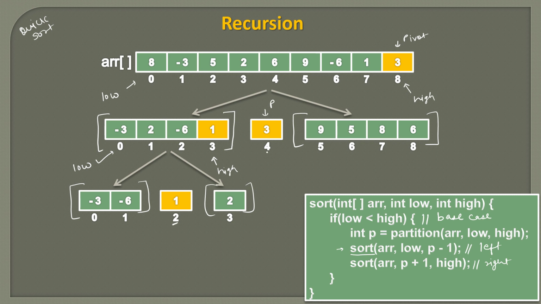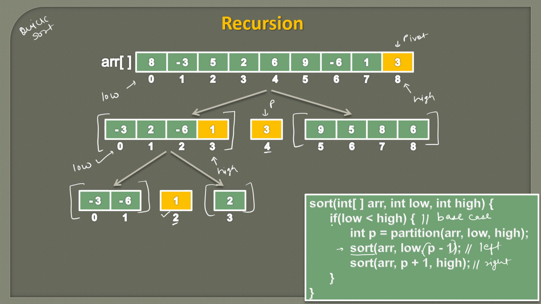Here in the first partition, index 4 was returned. So based on this p minus 1, we took the left side of the array and did the partition again. Now if we sort this array completely, you will find that 3 is at the 4th index, which is sorted. And after the second partition, 1 will be at the 2nd index. So this element is also sorted. So now we don't touch 1.